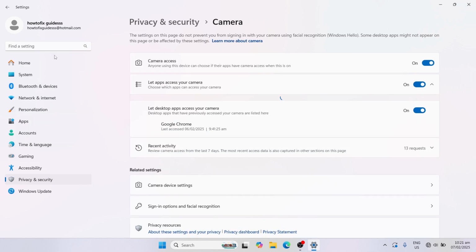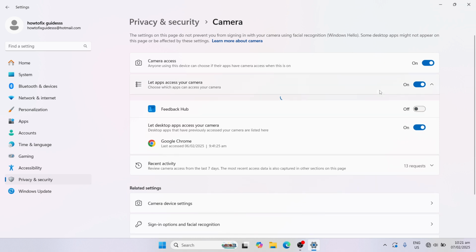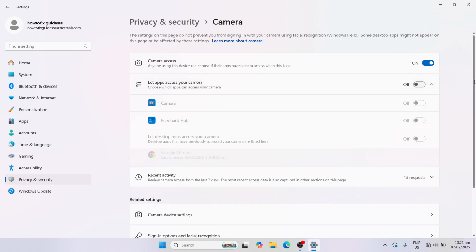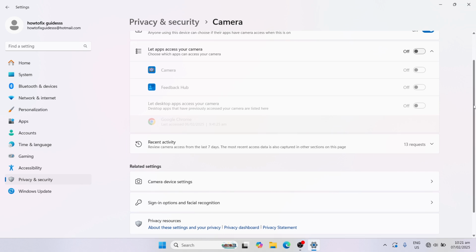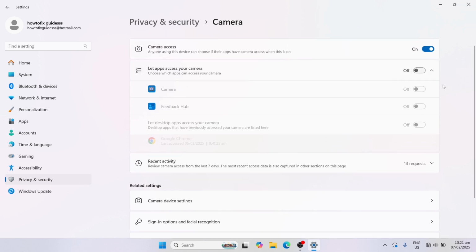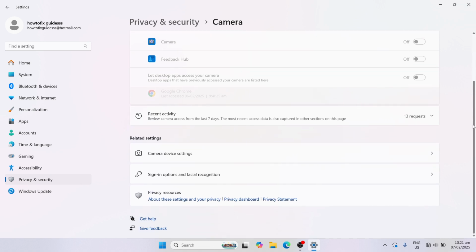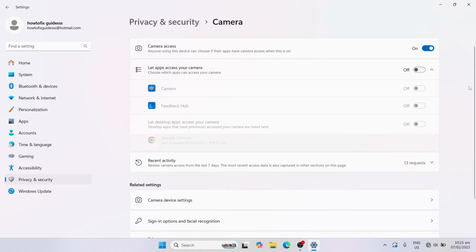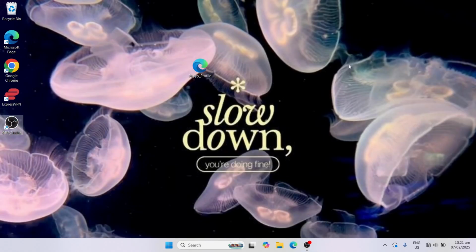and go to camera privacy settings and make sure that this is off. We don't usually need the camera all the time in your computer, so just turn this off because it can make your computer laggy. Okay? So after that, just close everything and we will go to the second step, which is to press Windows